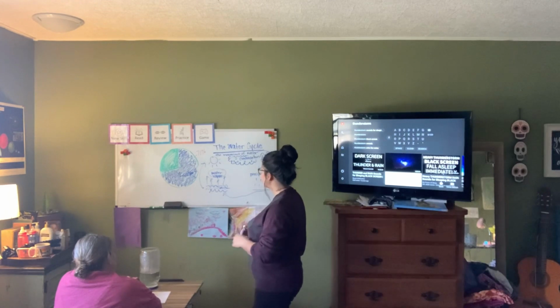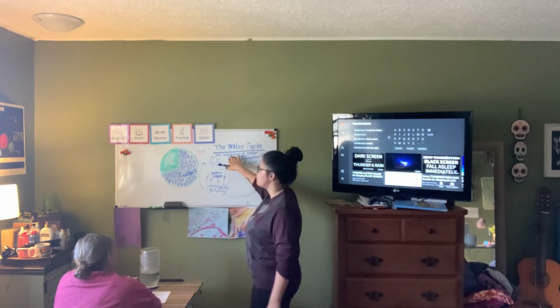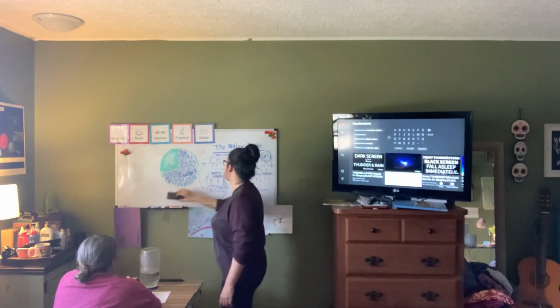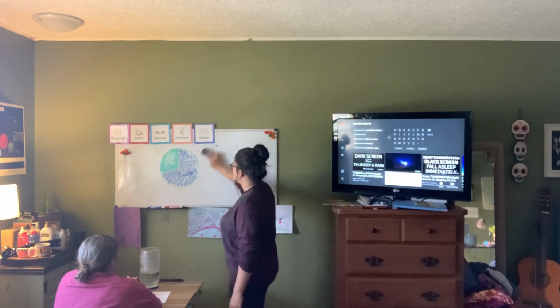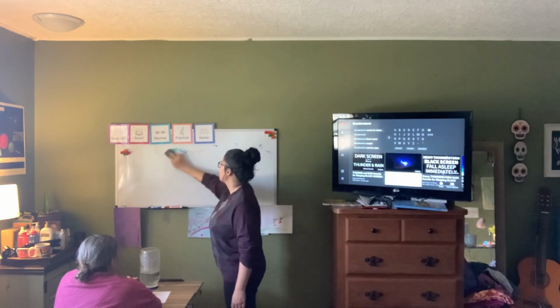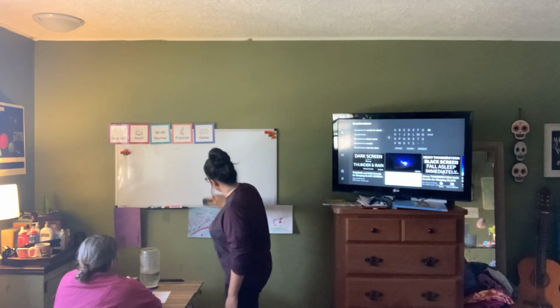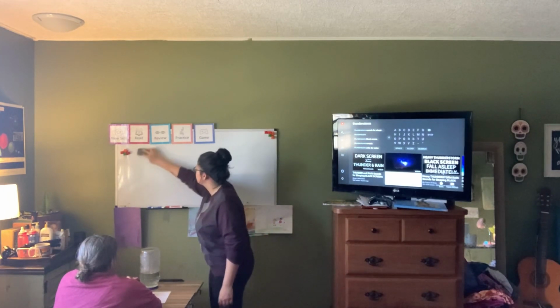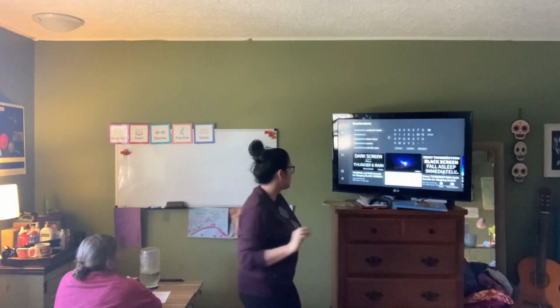So the water cycle is a big name for what? The movement. Of water. Yes, movement of water. It moves. So if we're thinking about this, this helps us to understand how it rains. But how does the rain go from just plain old precipitation to a thunderstorm? So we're going to watch a video